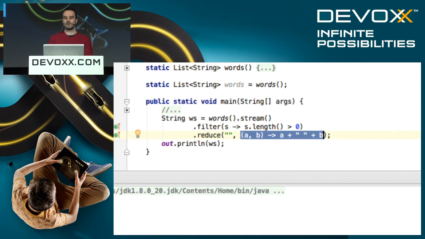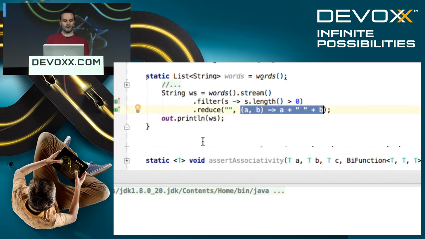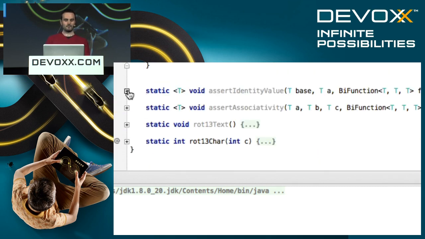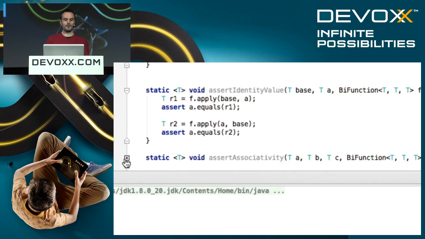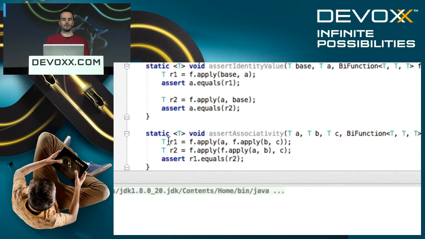That's an important property. And another important property is that it must be associative. I have assertion code in here just to get that across if you want to look at it later on. We can't actually assert this at runtime, so if you want to make sure that these identity values and reduction functions are conformant, you have to write tests.